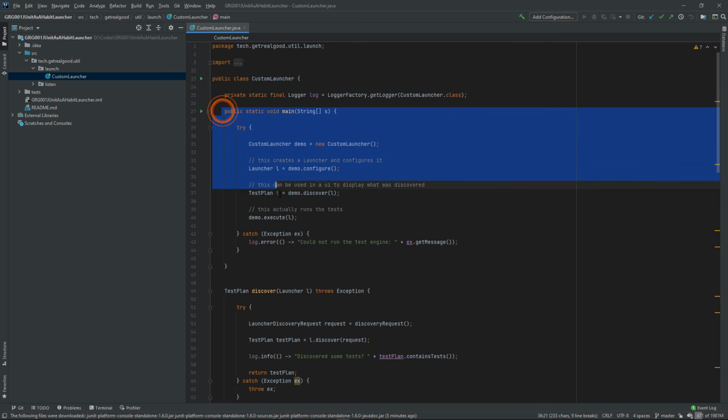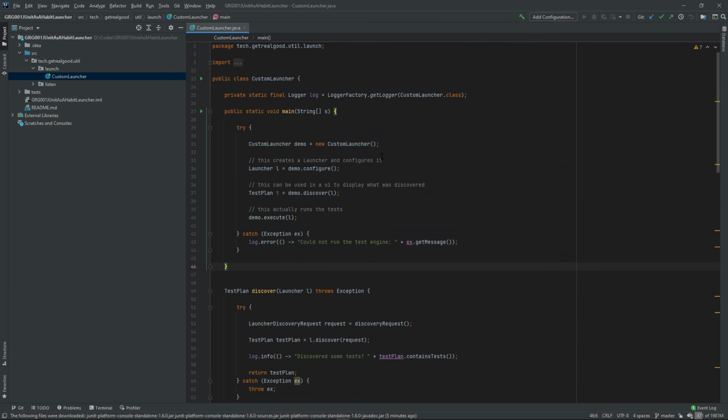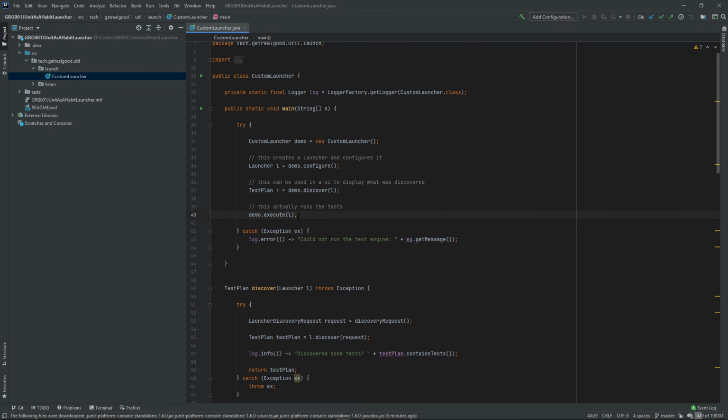First, let's review the main method that we are going to invoke. We create a custom launcher, we configure the custom launcher, we obtain a test plan of the custom launcher, and a test plan is something that the container, the platform, outlines how it's going to run; it is a hierarchy of tests. And then we actually run the launcher and we run the tests. So now let's take a look at the